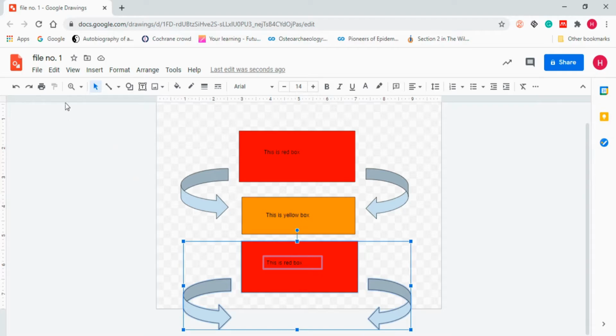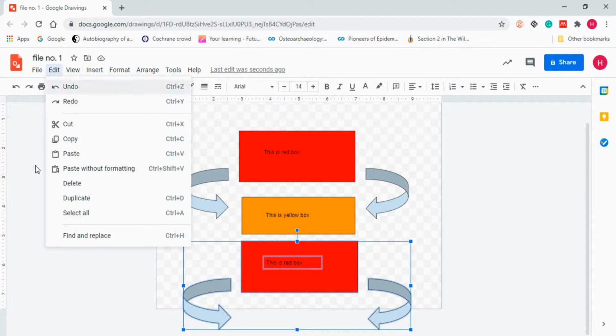Now after this we have another option, paste without formatting. This is used when you paste something and you do not want to bring the formatting. So in case you change the format of this and you want the new copy-paste to work without it, for example, now you want to make a copy of this and paste it without the formatting. Like if I make changes to this red box and make it italics or make it bold, you don't want that.